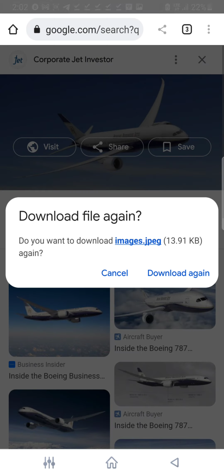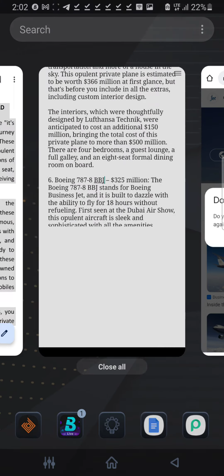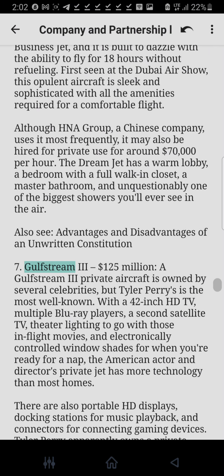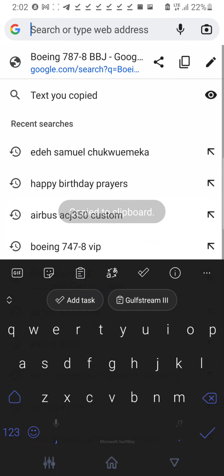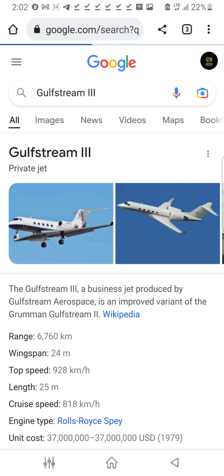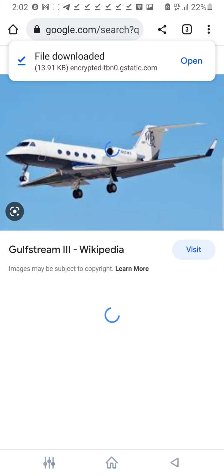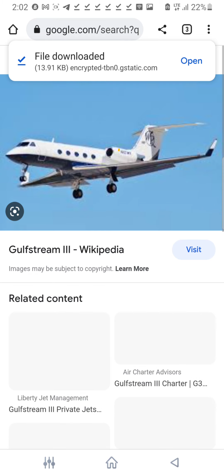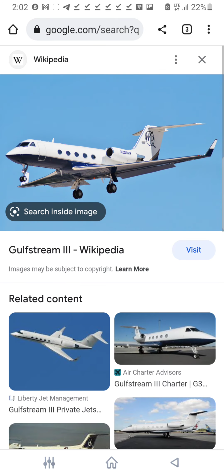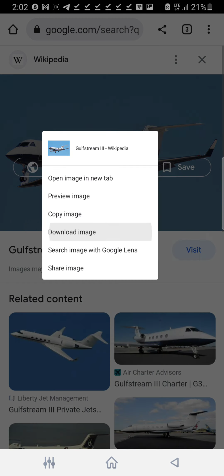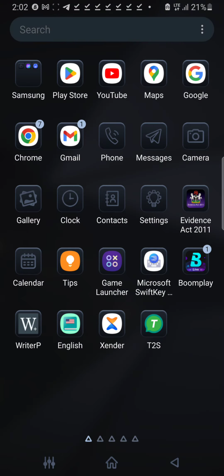I don't think I've downloaded. Okay, I downloaded it. So this is 6. But this one we might just get 8 pictures. So this is the jet too. So this is the step where you just get the pictures first. You get. So if it's clear now, we download it. The next step now is for us to go